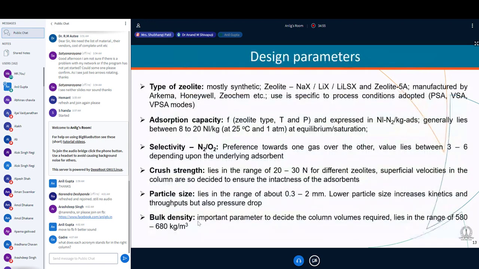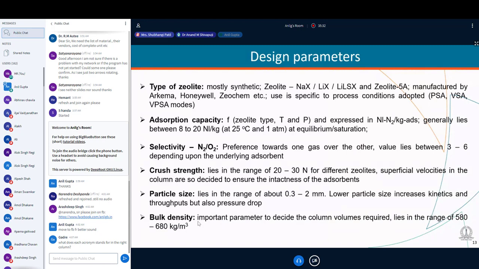Next slide, please. Yeah. Now, in order to arrive at this particular functional design, there are certain parameters which are critical. The first one is the type of zeolite, that is the bed material. One very important factor that we need to understand here is, depending on the capacity of the bed material and depending on the operating working pressure of the bed material, the size of the system and the cycle time of the system can change substantially. As such, choice of zeolite or choice of bed material becomes extremely critical.